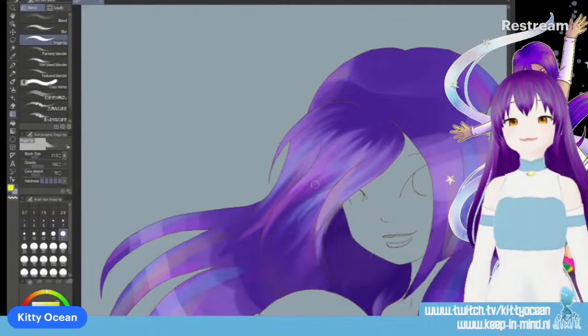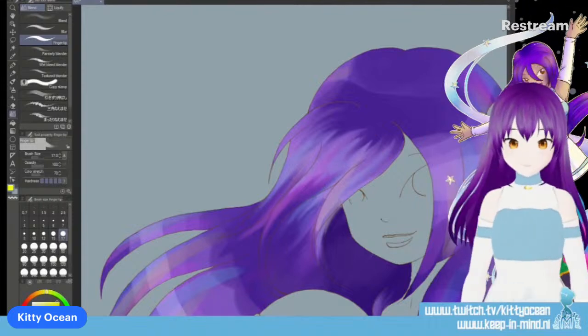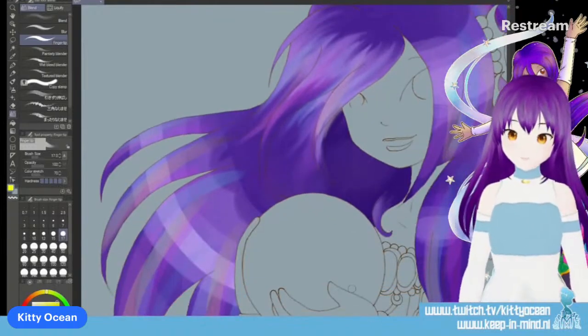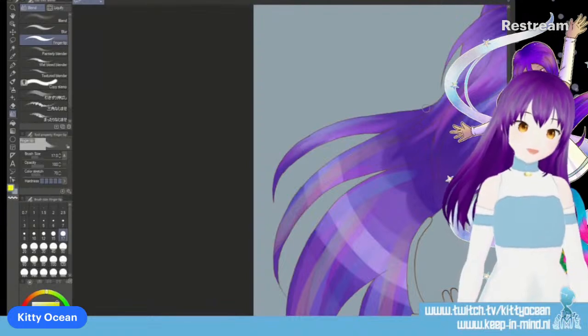Probably gonna make this a bit lighter because this is way too much. That's okay. That's what you can do with digital. You can make things lighter.